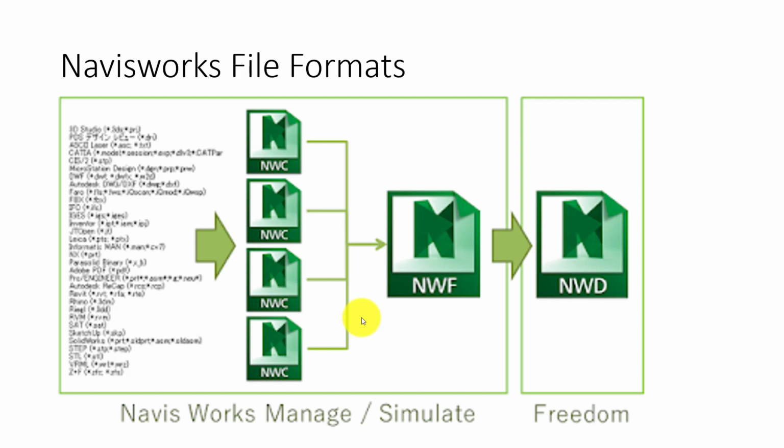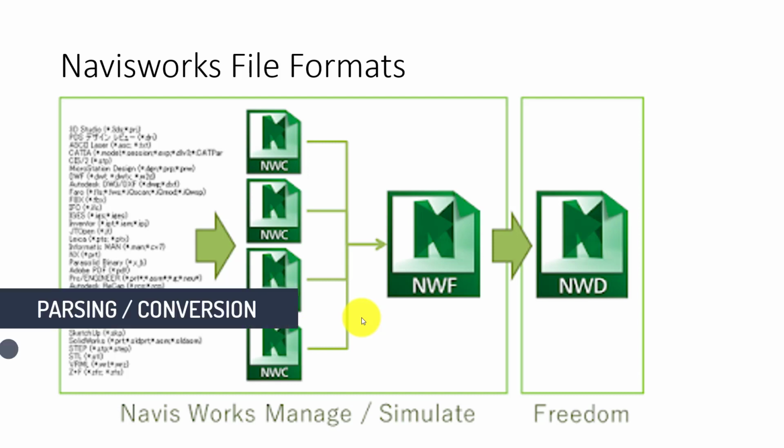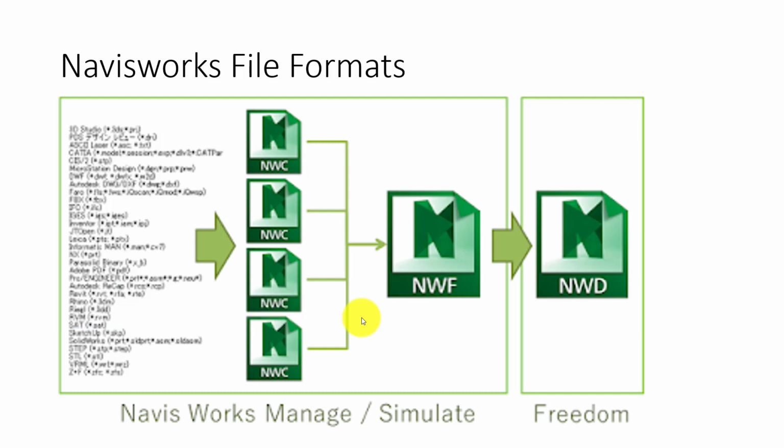So what will happen is there will be something called parsing or conversion. That converted file, the Revit to Navisworks conversion file, is the Navisworks cache file, and it will be created as NWC and stored there. After that, that NWC will be opened in Navisworks. Now, what will the Navisworks cache file have? It will have all the basic 3D geometry model data